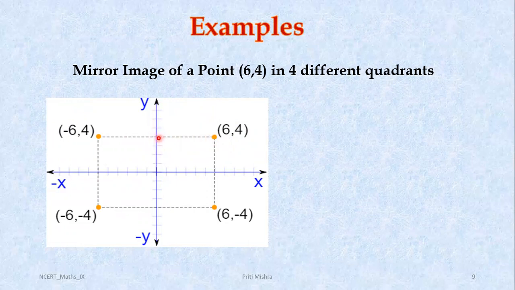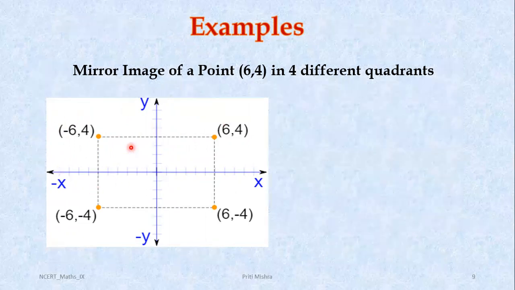So at the distance of 6 units in the reverse direction, you can have its mirror image, right? So (6, 4), it's a mirror image. If you have to find it with respect to the y-axis, you can have exactly the point (-6, 4), because it will lie in the second quadrant, and in the second quadrant we have the sign convention minus plus. That's why it will take the form (-6, 4), but it's the mirror image of (6, 4).